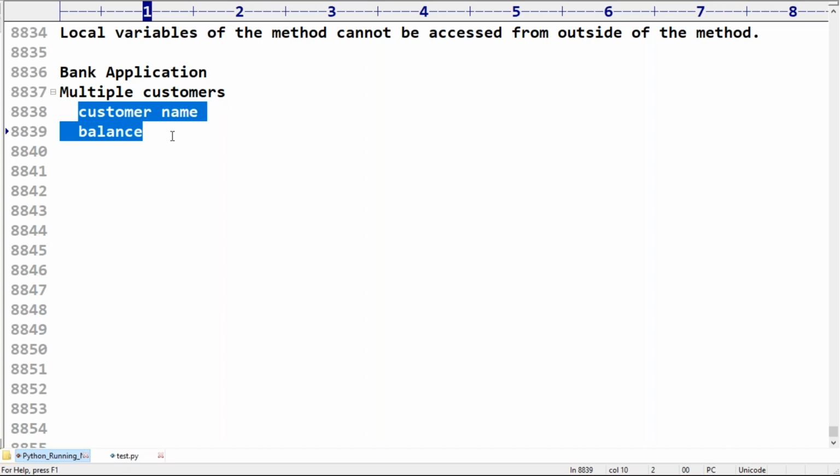The customer name, account number, balance all vary from customer to customer: instance variables.